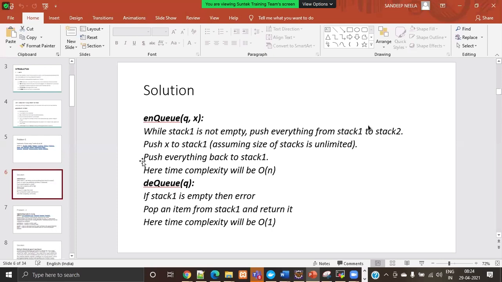What he is saying is to take two stacks and perform the first come, first served operation. If stack 1 is not empty, we push everything from stack 1 to stack 2. That means the elements in stack 1 will be inserted in reverse order in stack 2. If you want to delete the element first come, first served, we need to delete it from stack 2. That is how we can implement it. Do you guys have any other approach?